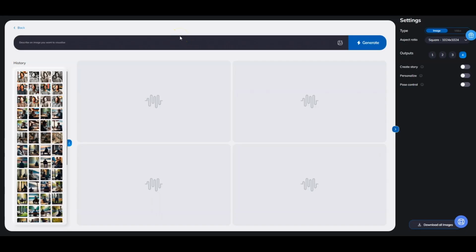Welcome to the latest upgraded version of AI images. In this video, we're going to see the new features that have been included in AI images. So let's get started. Now, as you are familiar with this particular interface, you just have to type in a prompt. So I'm going to type in something like,